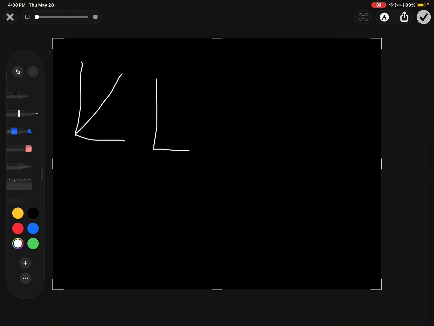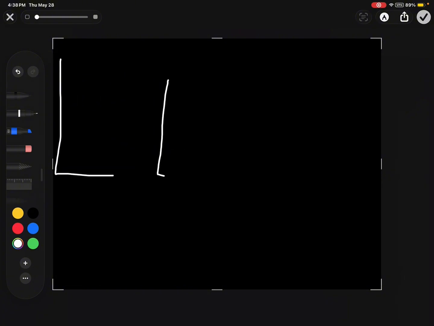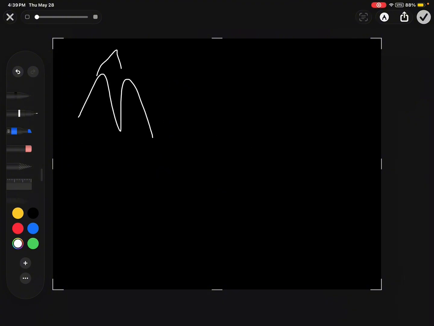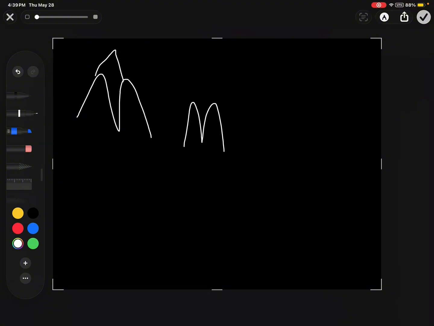For this case, I came up with slicing off a piece of the bottom line and adding a vertical dash. And then for M, I came up with like flattening, or no, curving the, okay, this is supposed to be like sharp, like,